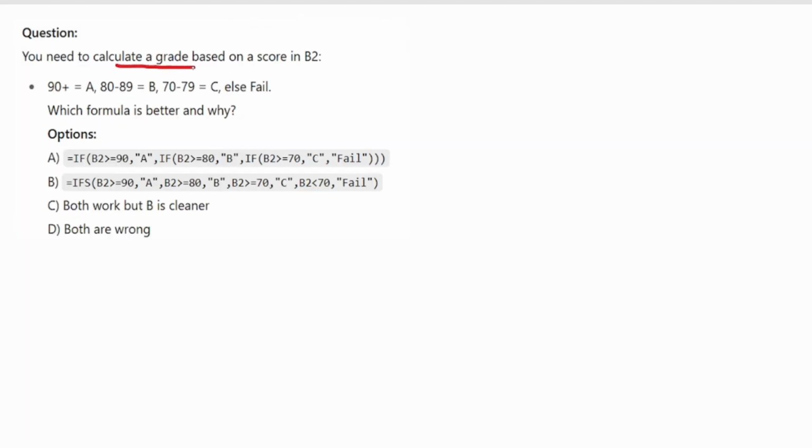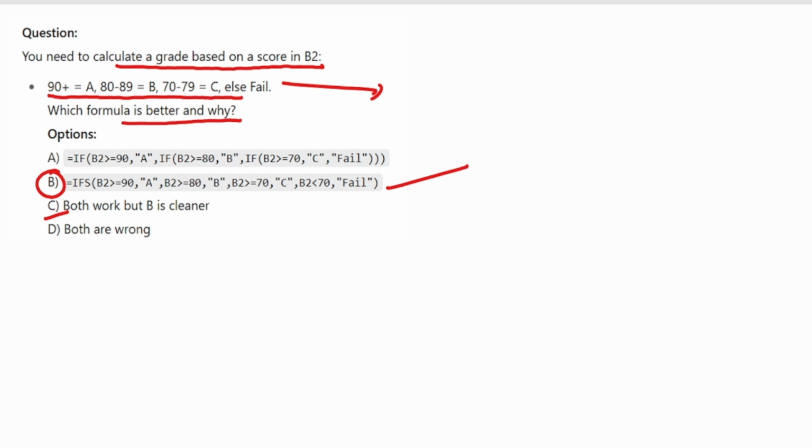You need to calculate a grade based on the score in B2. Here it's basically a grade else-if problem. Which formula is better and why? So the correct option here is option number B. Both work, but B is cleaner. B is a better choice for this data, because the IFS function avoids a long nested IF statement, so it is easier to read.